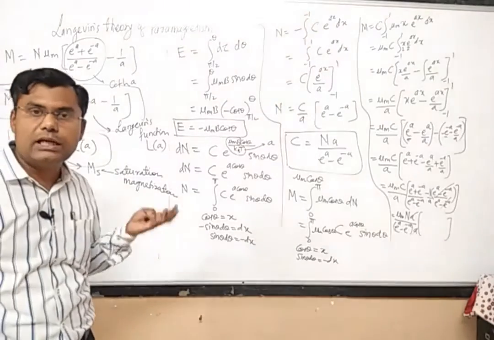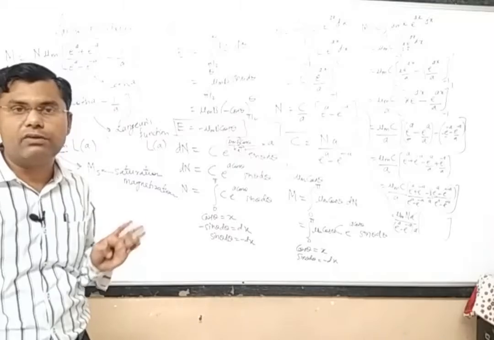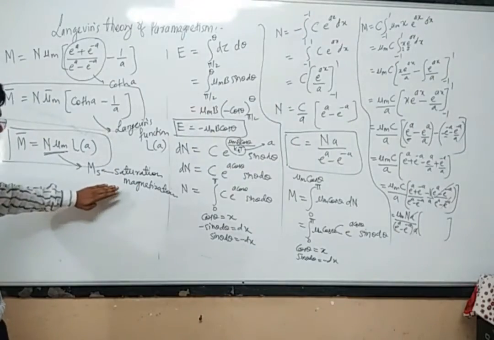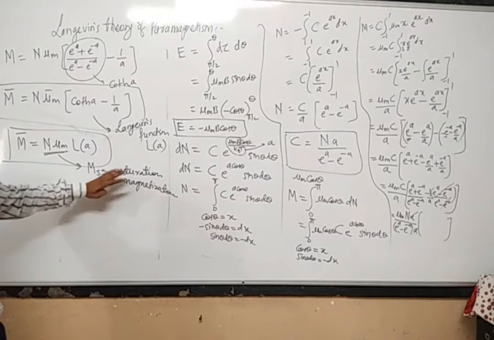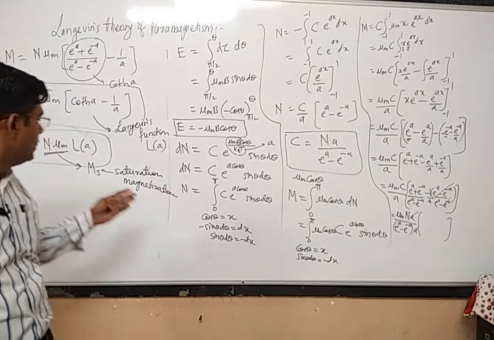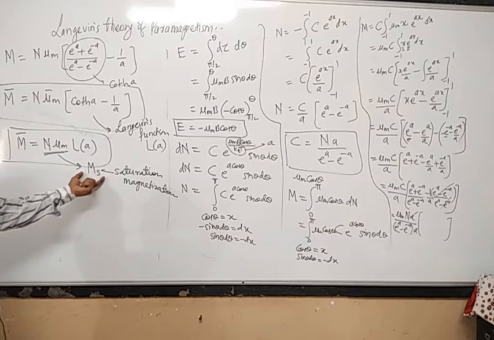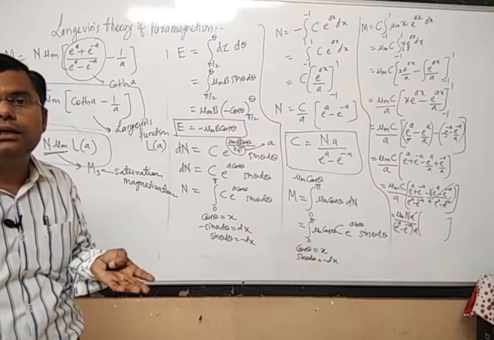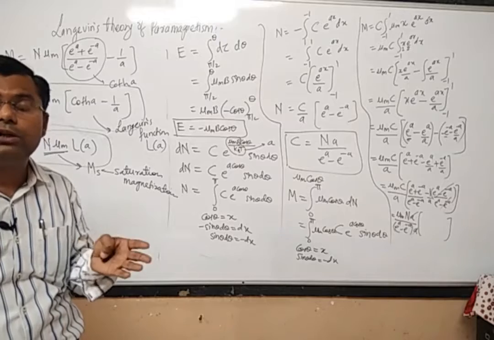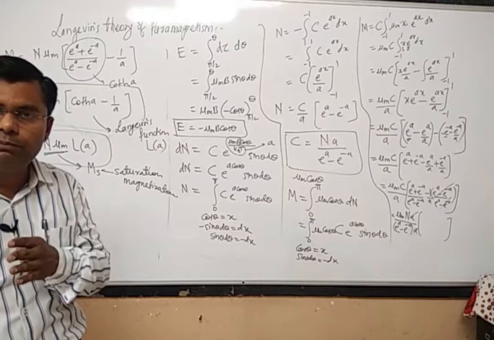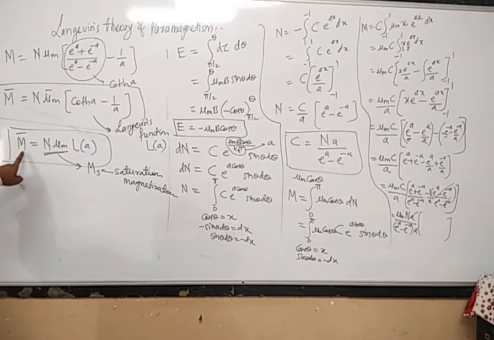Ms means all the magnetic dipoles are completely aligned in the direction of external magnetic field, which is the ideal case, and therefore it is called saturation magnetization. Above this, alignment is not possible. M is the magnetization, meaning the number of dipoles aligned in the direction of external magnetic field, and it will not be completely aligned. Only some atoms will have their magnetic moments aligned in the direction of magnetic field. So this value of M will always be less than Ms.